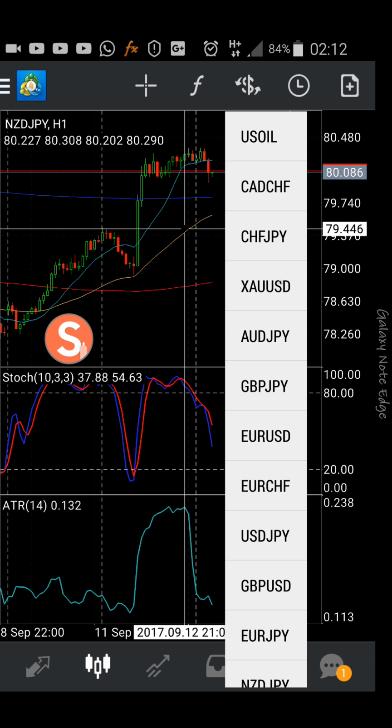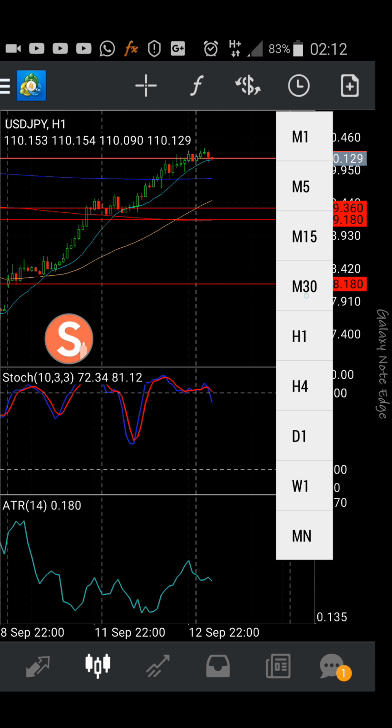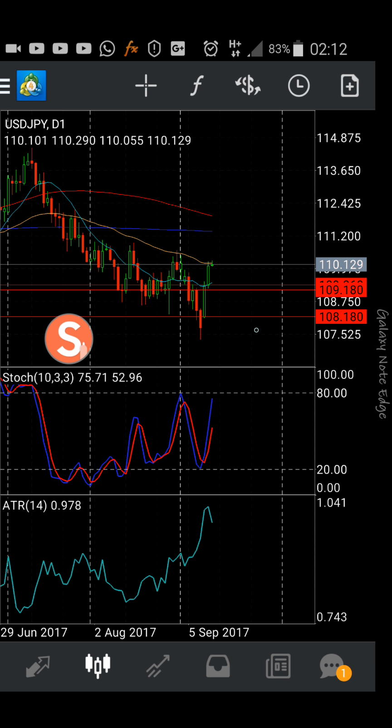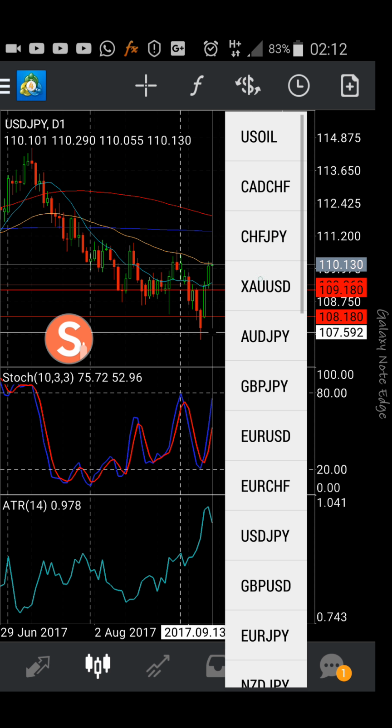Now let's go back. I did not state where the invalidation would be for the US dollar JPY. If I go on to, let's have a look at the daily chart. Invalidation. Yep, I did already mention the invalidation. The only other, let's see,